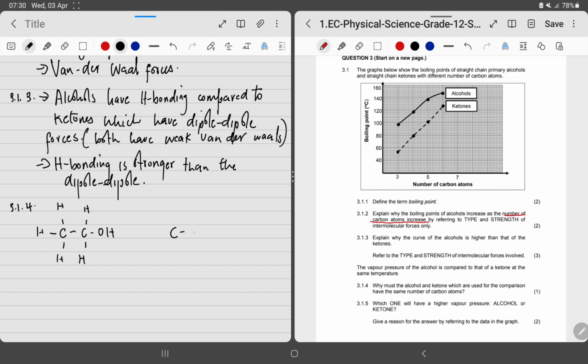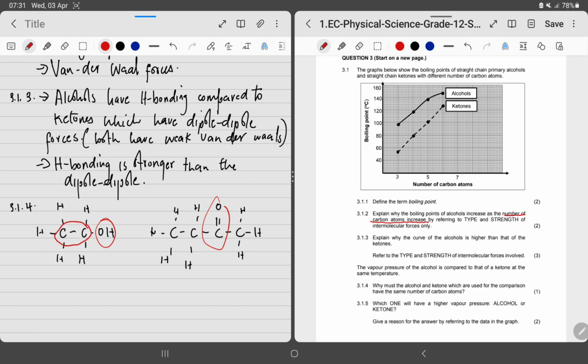And then we have a ketone with 4 carbon atoms. Although we know that the strength of the hydrogen bonding is stronger than that of the dipole,